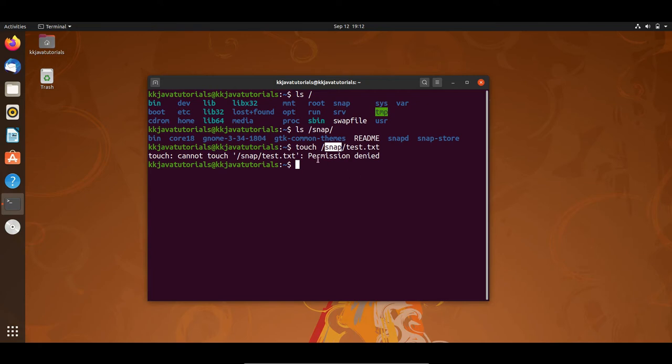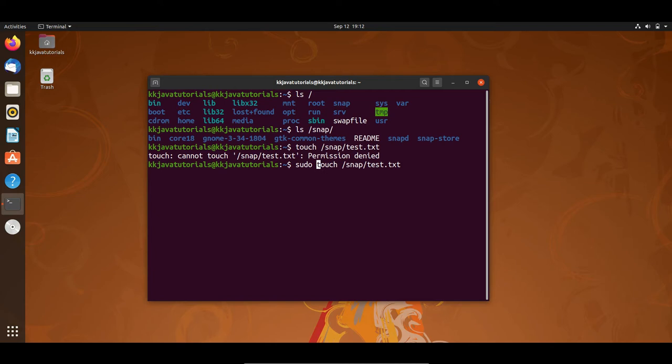If you face this kind of scenario, then you require a special privilege. So what I'm doing is writing the same command, but I will prefix it with sudo. sudo will give us the special administrative privilege to perform tasks which can't be performed as a general or normal user.